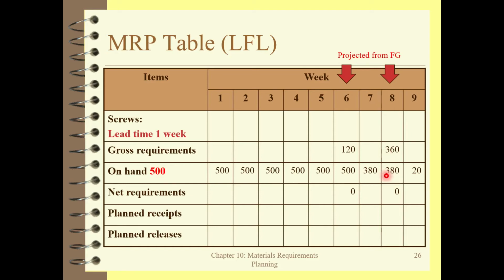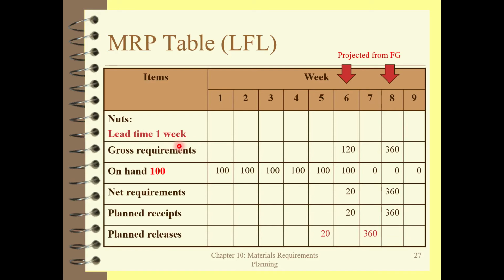Again, at the beginning of week 8, your requirement is 360, but you still have on hand available of 380. So you still have the remaining item or on hand item of 20. So you don't have to purchase anything for screw, right? Okay, no need. And for the last one, that is